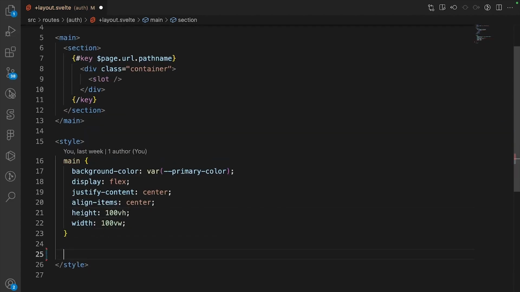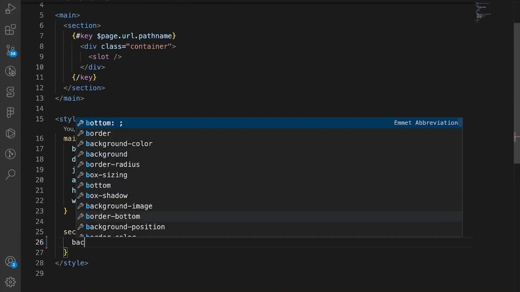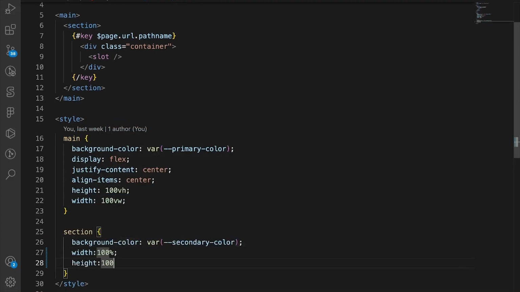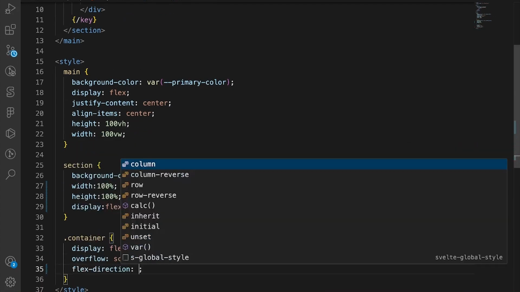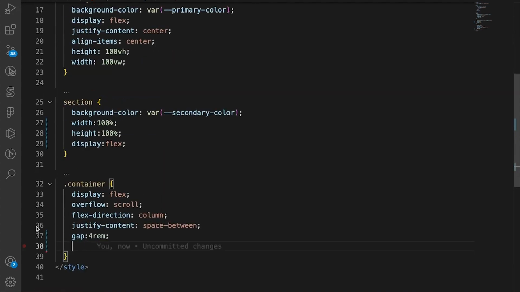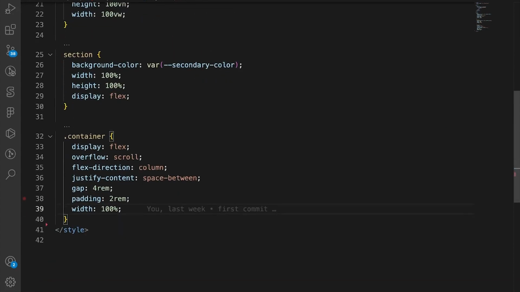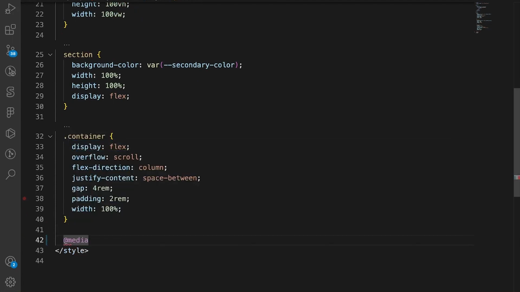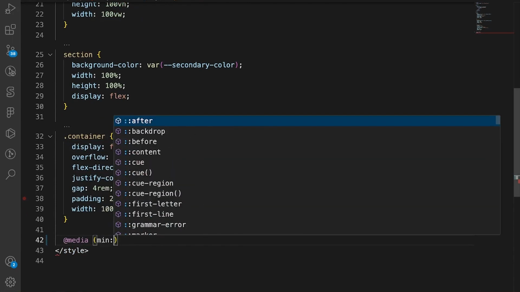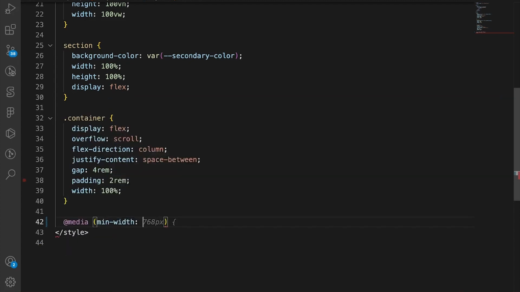So now let's apply some styles to the section. And inside the container class, we're going to do a media query that states if the minimum width is greater than 700 pixels, we're going to apply these styles. So in the section class,